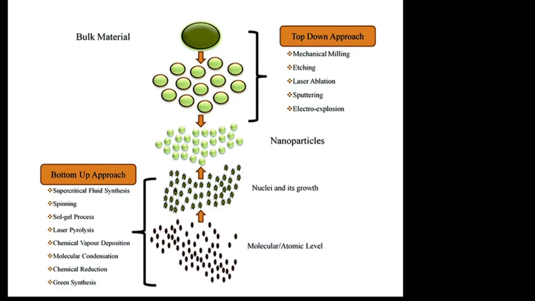We will also underline a few of them over here right now. But in a nutshell, if I say how to get the nanoparticles, it is either a top down method or a bottom up method. Top down method means you are shaping your larger particles into smaller ones. One of the very best examples was given by